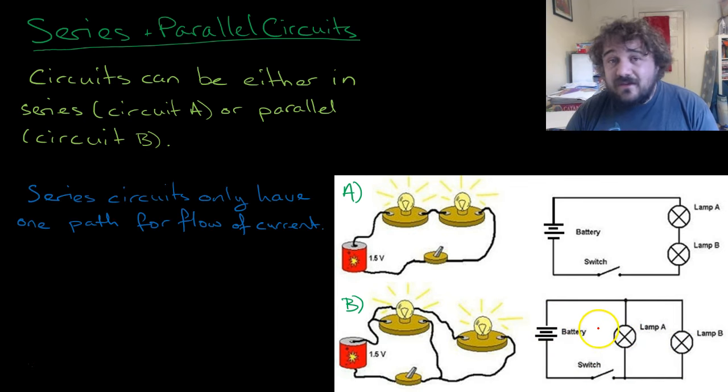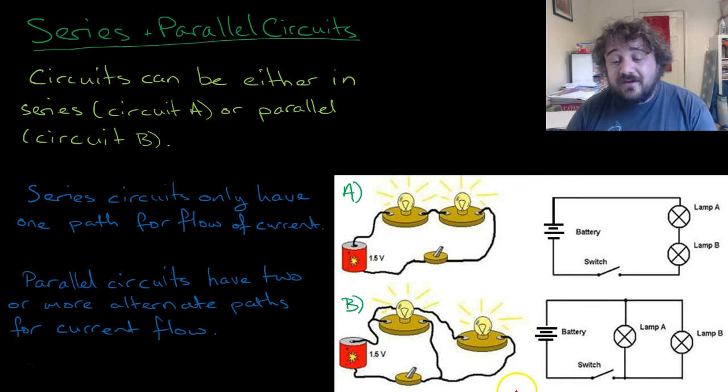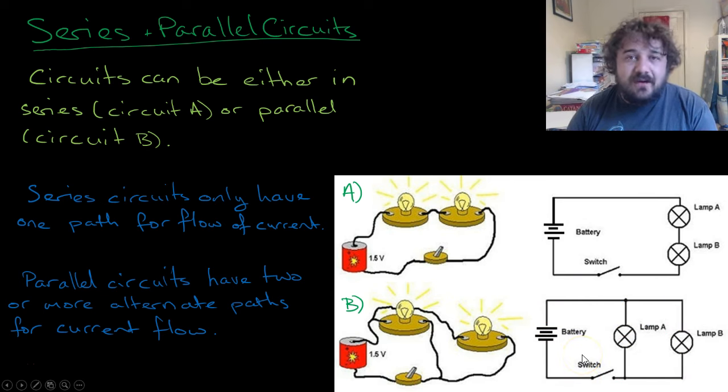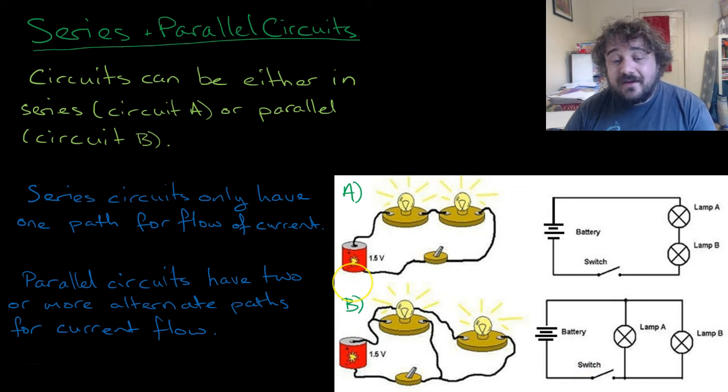Series circuits, there's only one way that charge can go around. There's only one path for the flow of current. However, when we have a parallel circuit like we do with B, there are alternative paths for the current to take. So the best way to summarize the differences, aside from doing it experimentally,